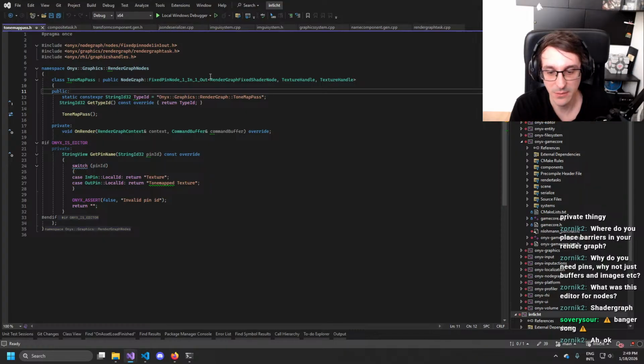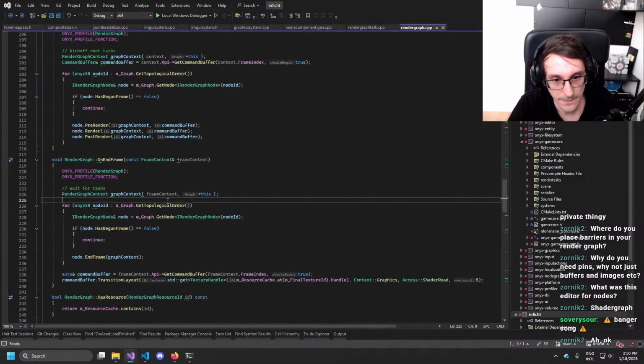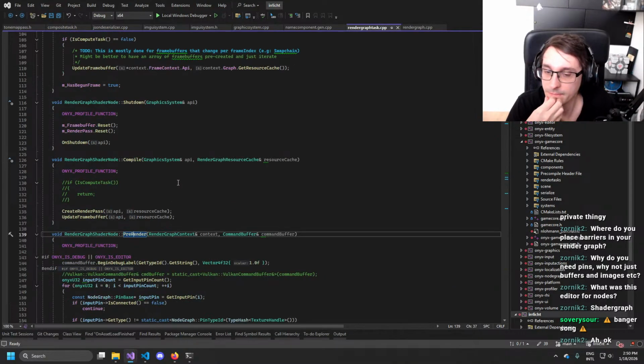And then there will be a gameplay version of those graphs as well, where you can basically build your gameplay with it, similar to blueprints. That's the plan. I mean, you can still do it in C++, of course. I will never take that away. But for scripting and for people that are not so familiar with programming, I think it would be nice to have that possibility. And in theory, all my nodes, I could implement that they can be nativized actually into C++. But I'm not sure if I do that.